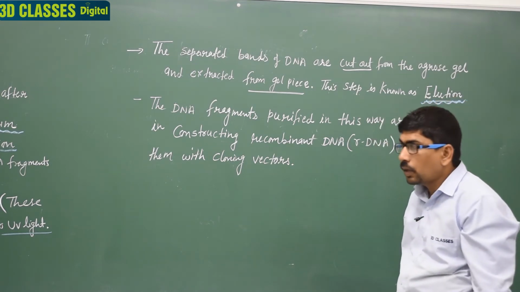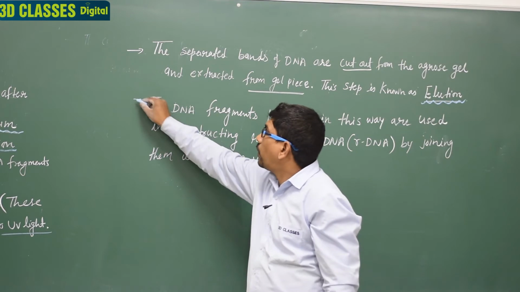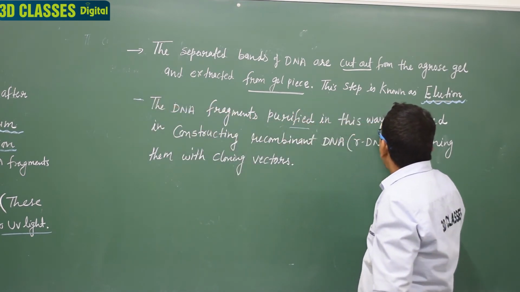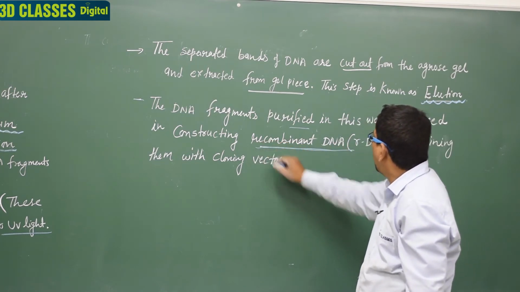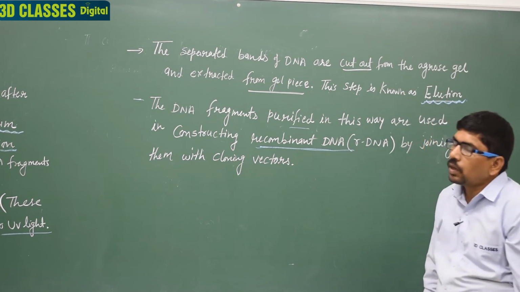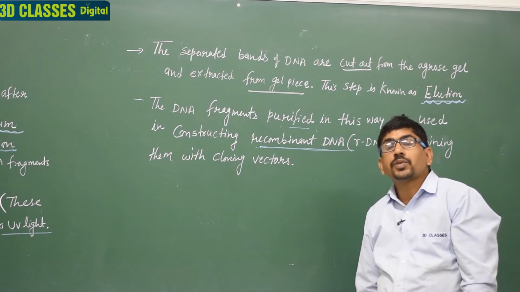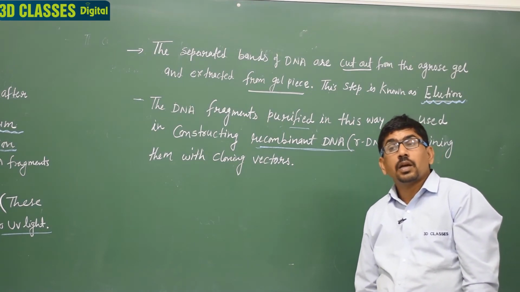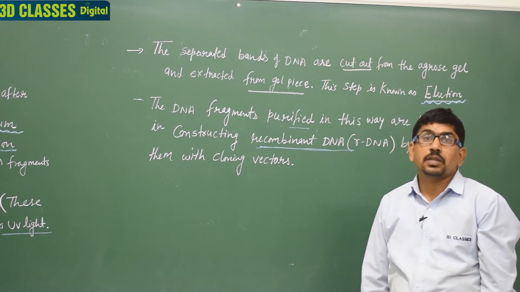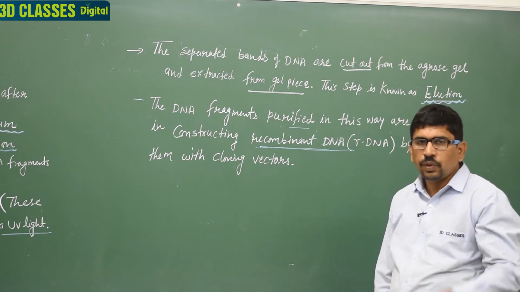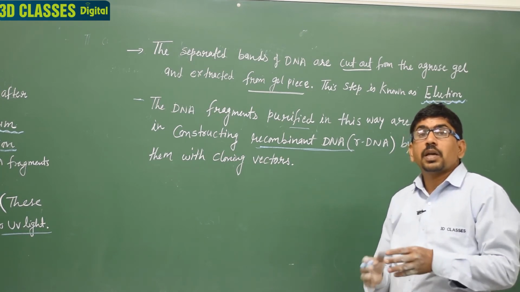Clear? Okay. The DNA fragment is purified. The next point is the DNA fragment purified in this way is used for constructing the recombinant DNA by joining it with the enriched cloning vector. Clear? So, in recombinant DNA technology, tackling the second formation of recombinant DNA, we discussed earlier that due to the electrophoresis we identify the purified desired DNA. We isolate DNA, we cut the DNA with the RE enzyme, but the separation in